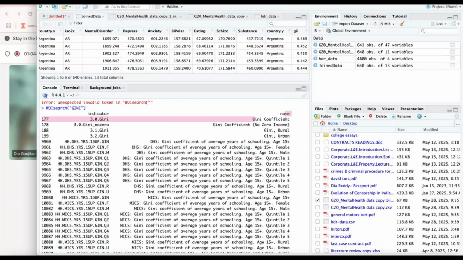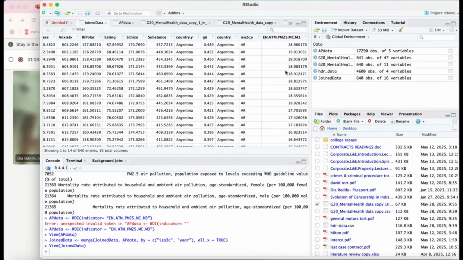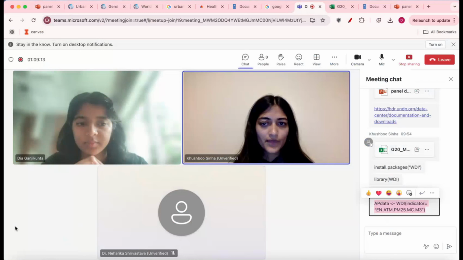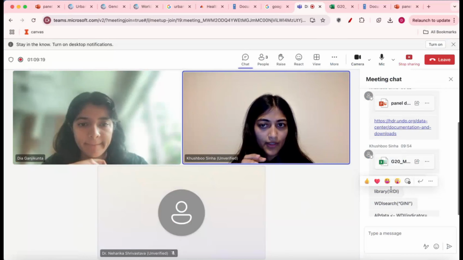We'll take Gini coefficient. Indicators. Wait, just scroll down. I think we are using the last one. I think it gave you what you wanted, right? So in this way, you can customize the WDI function to include multiple indicators. You can rename the labels. You can select the data for specific countries and for specific durations. Okay, I'll also share some code files, and you can refer to that for more details. Once you have merged the data frame in R, you can save it as a CSV file.